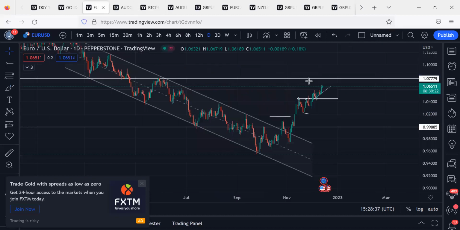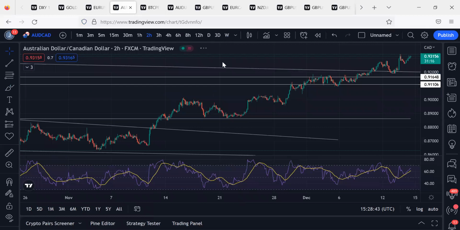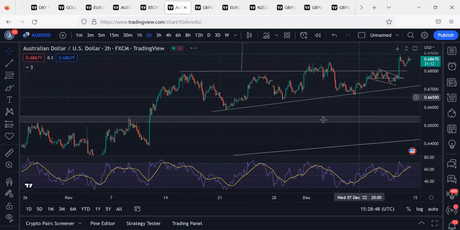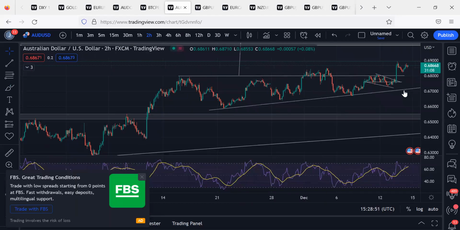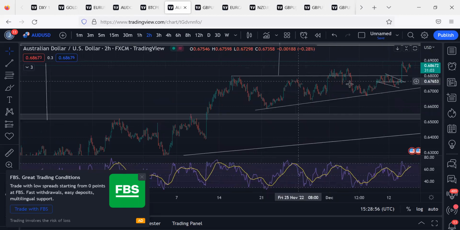So are you finding any correlation on EURUSD? Finding any correlation on gold? Are you finding any correlation on AUDUSD? So it's just for you to follow structure. Follow structure. Now, see what I've been drawing. I've been following this channel. See what is happening here. This was a whole fake out on AUDUSD. So just learn market structure and the price action. That's when you can become a professional, profitable trader.